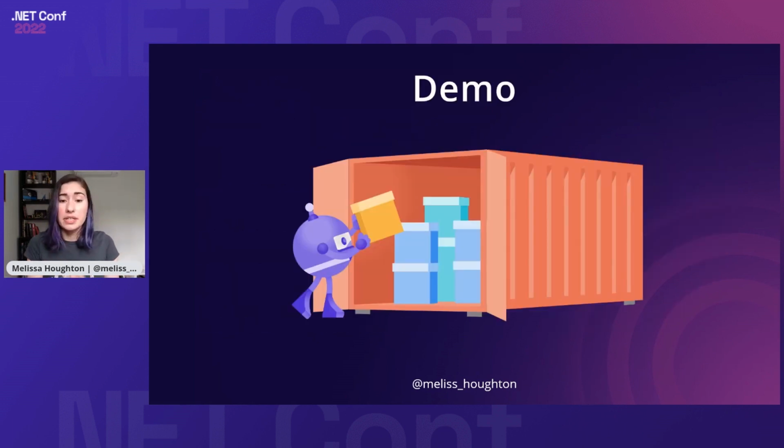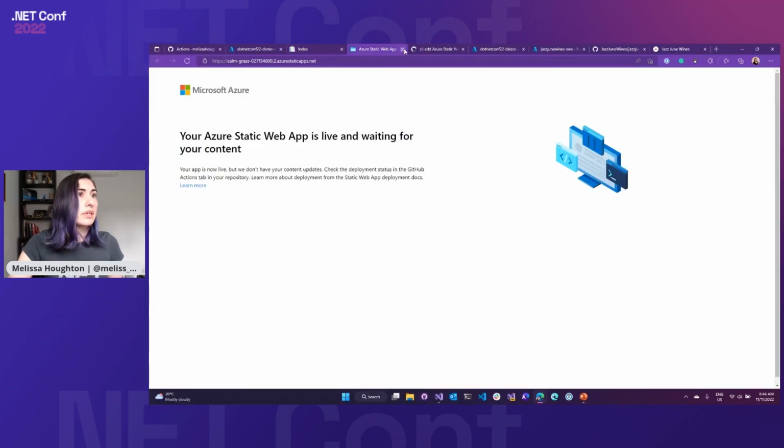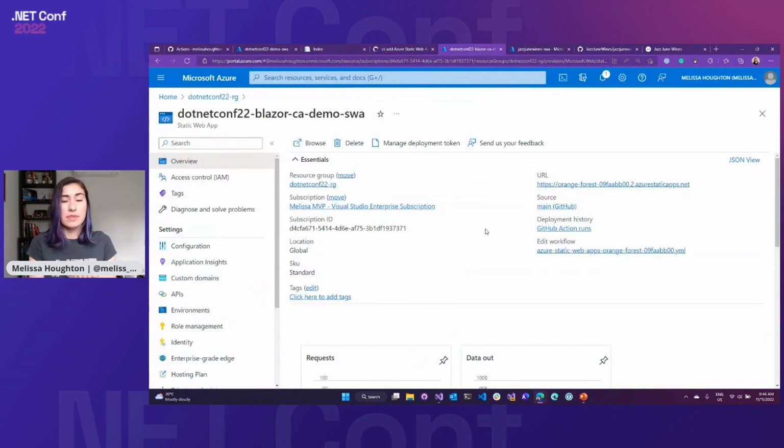So let's take a look at how you can get set up with an Azure Static Web App that's using container apps. So if I go back to my browser, basically I have a static web app here that is just a Blazor front end. So the way it works when you're using some of the new backend options, or even in functions, it's called bring your own, rather than the one that's managed within the static web app. You can have your already deployed static content within your static web app, and then you can link the API, and we'll see what that looks like.